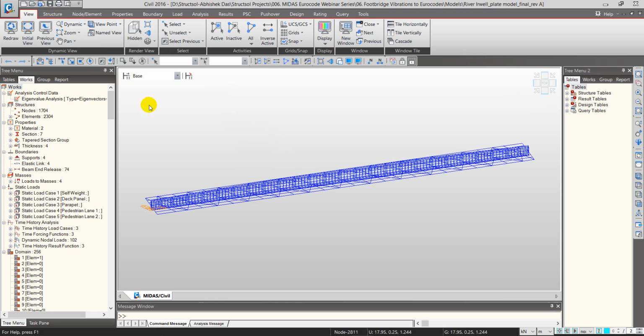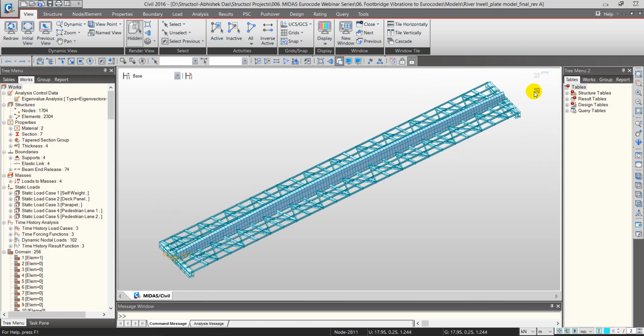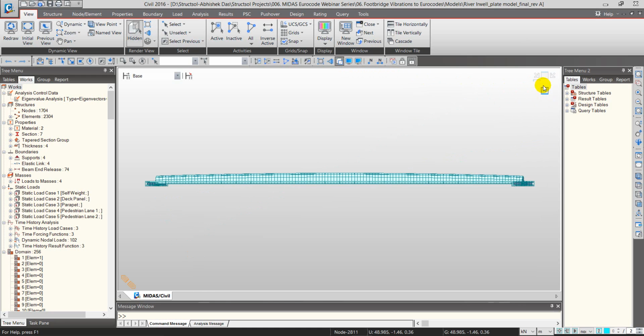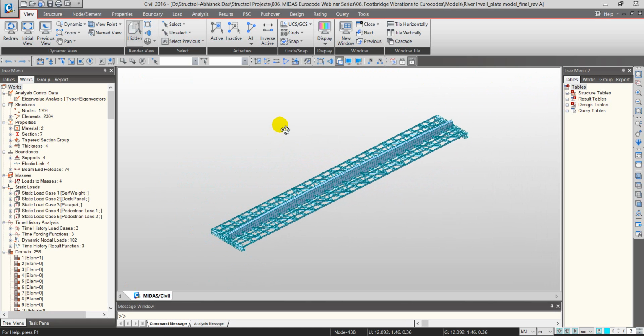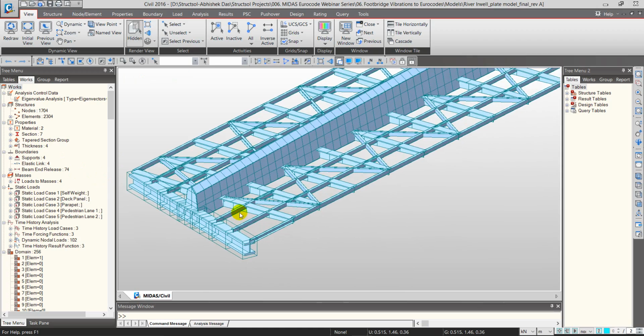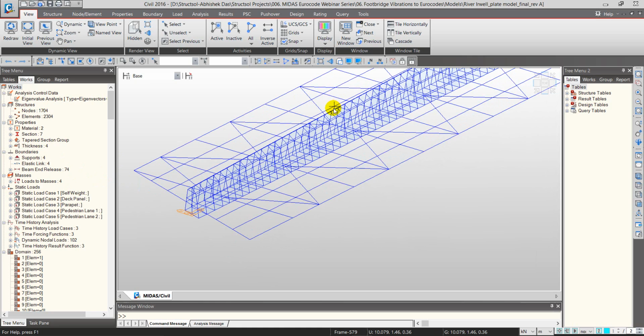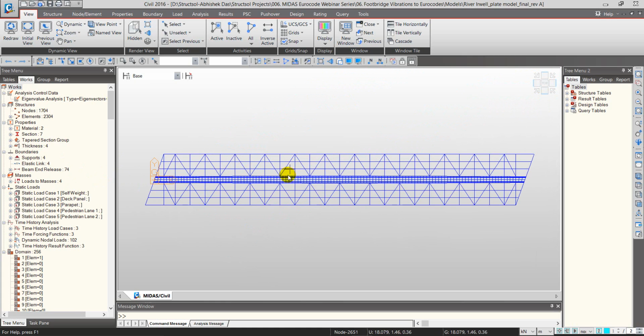Right. So here is the first model. It's a simply supported bridge, a stressed ribbon kind of structure with a central spine of structural steel and an arrangement of plan bracings. Then just to look at how it has been modeled, the central spine has been modeled with plate elements to make sure that the stiffness of the spine is assumed correctly. The rest of the elements are line elements